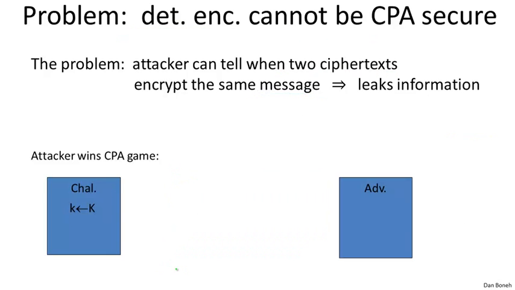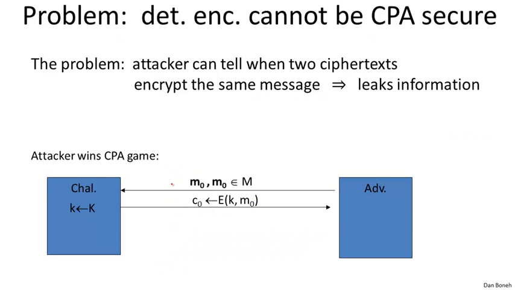I wanted to briefly remind you that formally we say that deterministic encryption cannot be CPA secure by describing an adversary that wins the CPA game, the chosen plaintext attack game. And let me quickly remind you how that works. The game starts by the adversary sending 2 messages, M0 and M0,